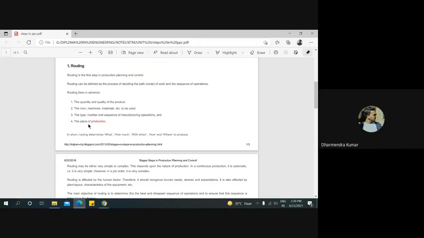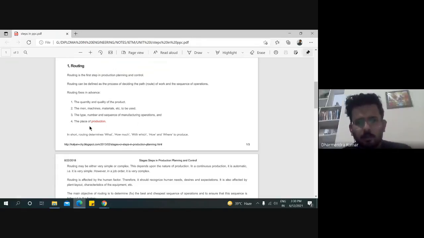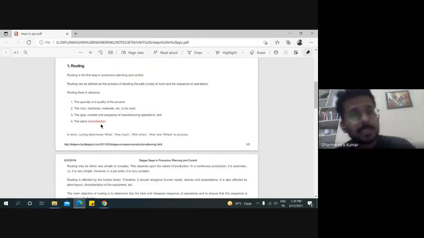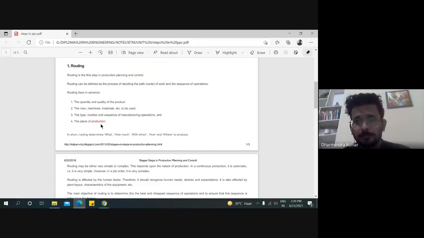And the fourth point of routing is the place of production. The place of production here is defined as the existence of that manufacturing plant in a particular locality or area where many ancillary services are available. If we are producing a heavy component, then for that heavy component there are many ancillary components associated with that object.